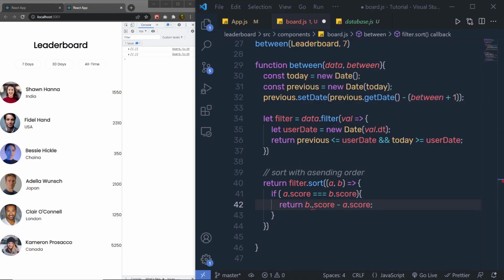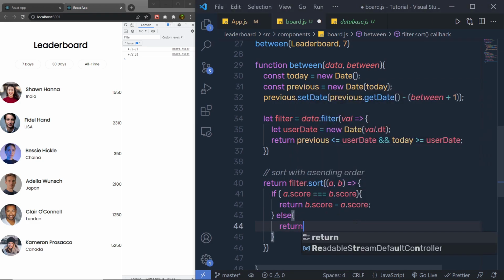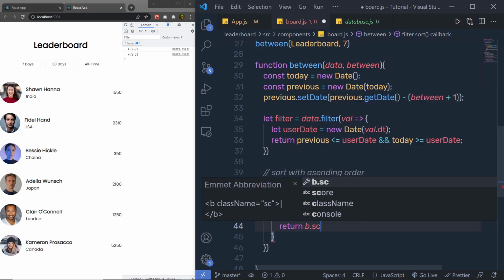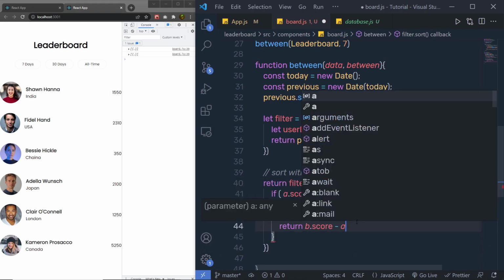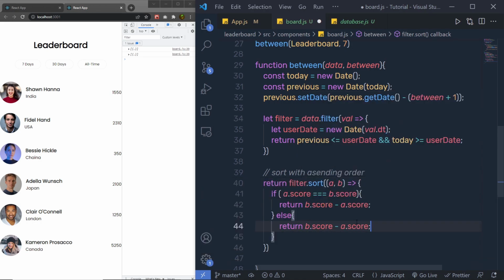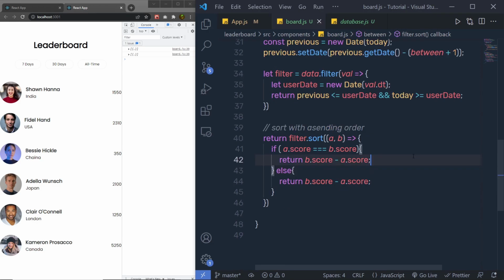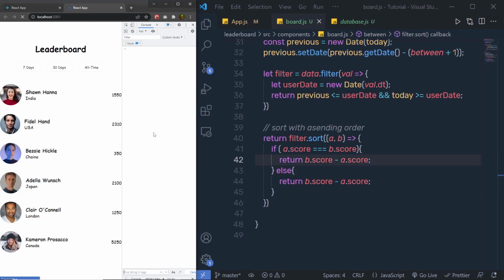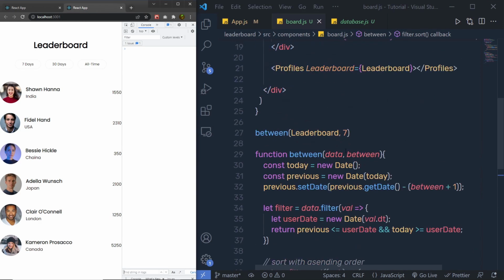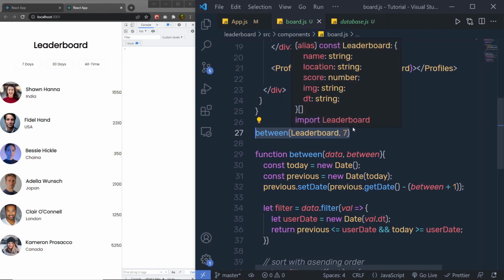So if two elements have the same number, then the one who has the larger number wins. Now otherwise, else I'm going to return b dot score minus a dot score. That's it. Let me save the changes, reload the browser, and now get rid of this between right from here